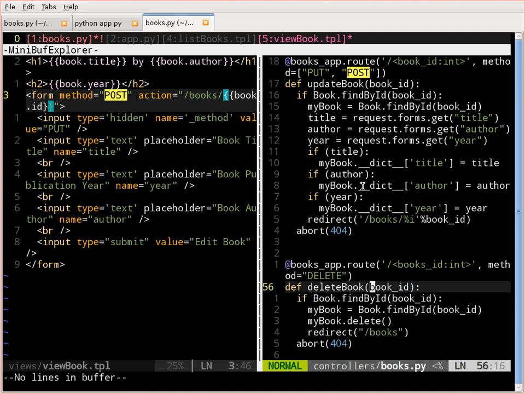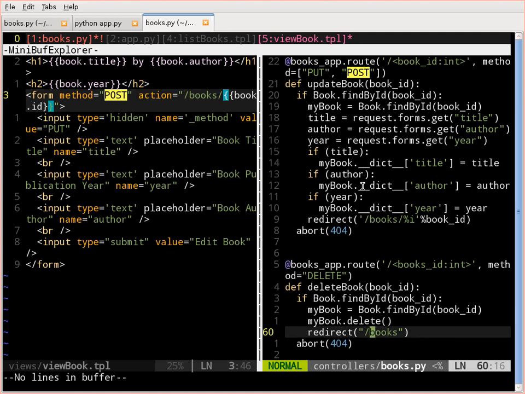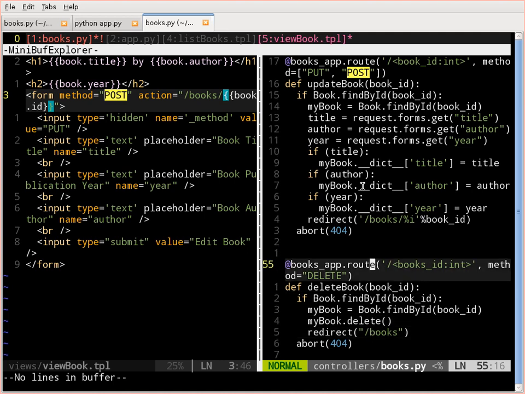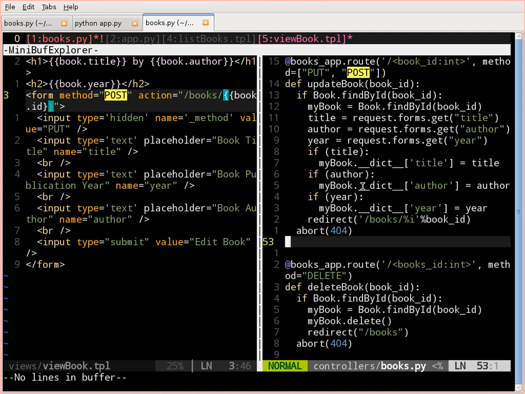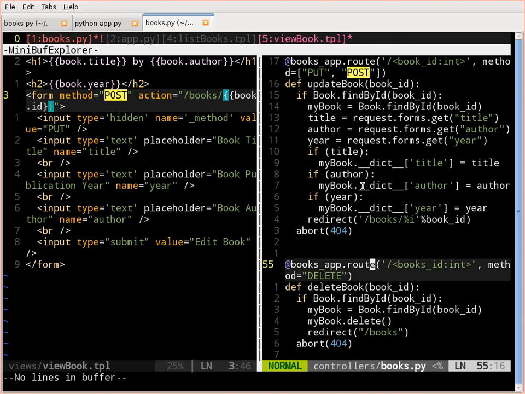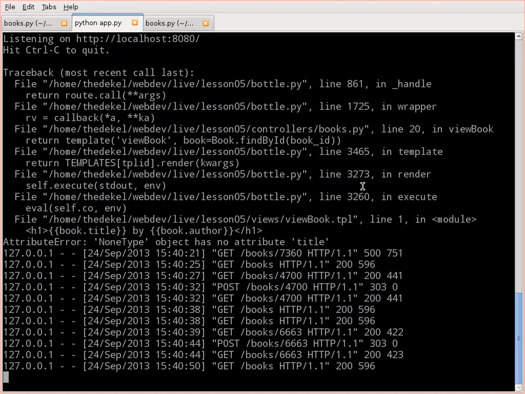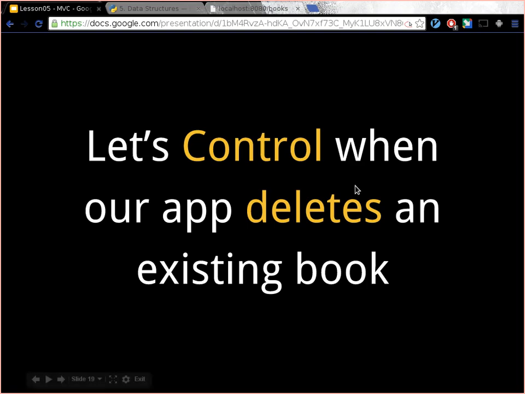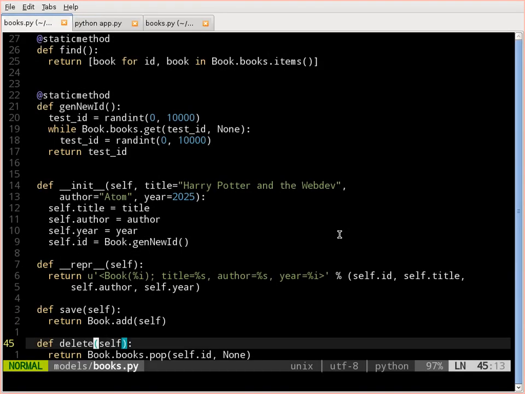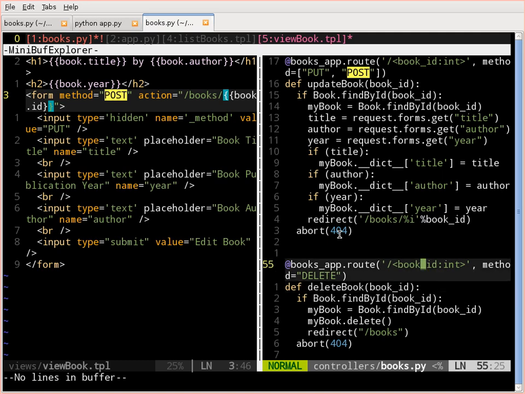Book ID? What? This one? First, no, second. Okay. Book ID. Books. Oh, I see. This thing. Good call. PHP hammer. So that actually implements delete, but there's a missing step, which is